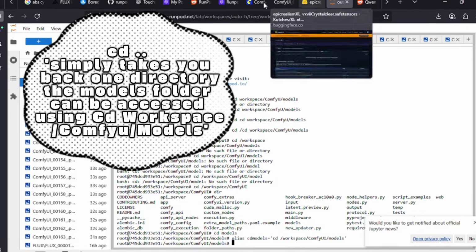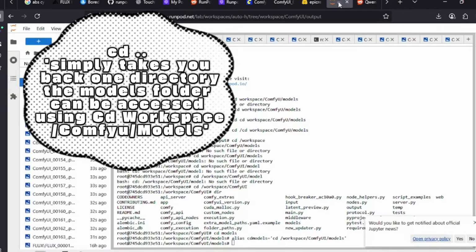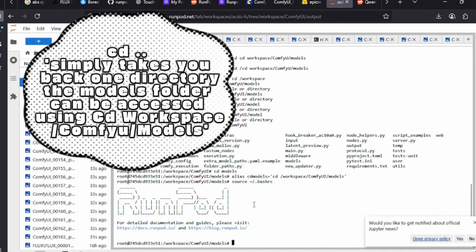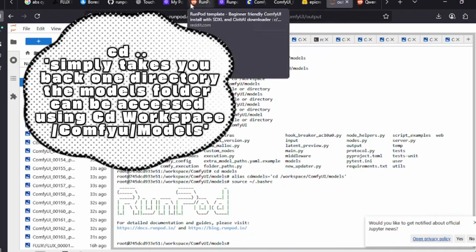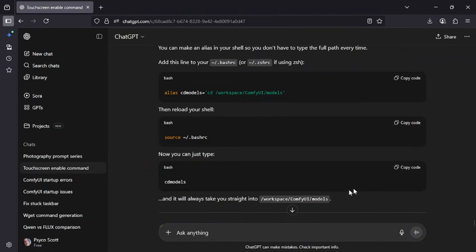All right, and then we will go back. So do this, and that starts us back at our base. Not that it's so important, it could just be helpful if you're having to use RunPod a lot.